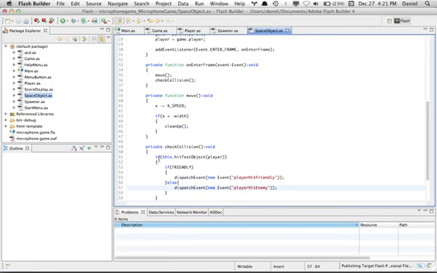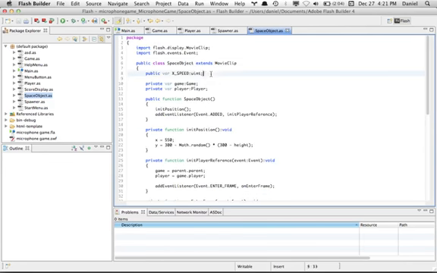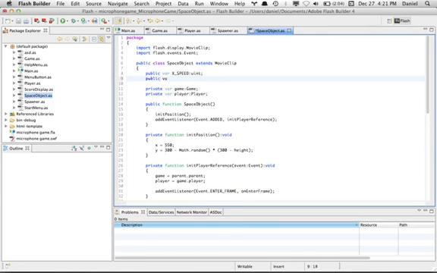Now, what's that friendly variable? That friendly variable is going to say if the object is friendly or not, because we will have diamonds as well as meteors. Meteors you want to avoid, diamonds you want to get. So it's easier to just have a variable which defines if that object is friendly or not. But let's create that variable as well. All right,